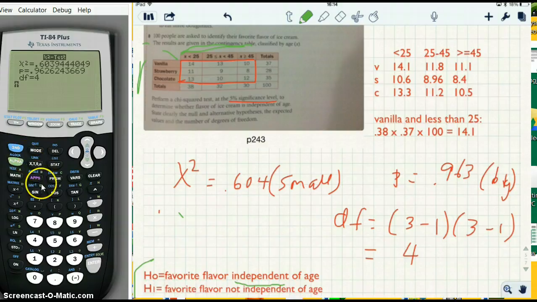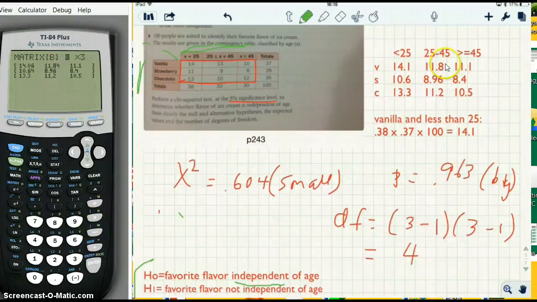We do that by going to second matrix, and then I go to edit. It's easier with edit because then I can see without scrolling around. Oh, I went into B. I want to get B, not A. So I go second matrix, and then I go to edit, then I go to B, enter, and then now